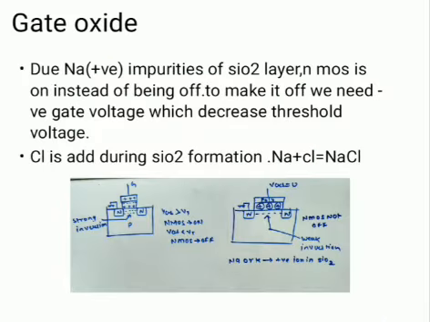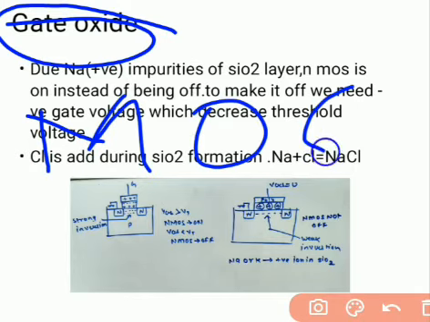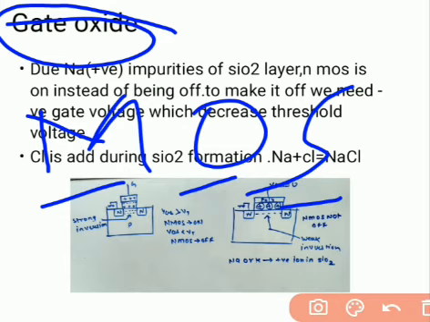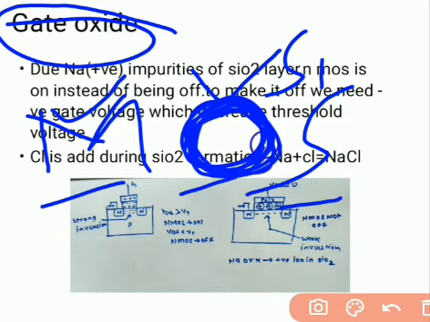So now there is a very important term which is called gate oxide. So in our MOSFET, which is MOS, here metal oxide semiconductor, metal is there and there is an oxide layer. So this oxide layer is formed by the SiO2. In our previous session, I have told you that this type of oxide is formed by dry oxidation because we want highly pure oxide for the gate oxide purpose.